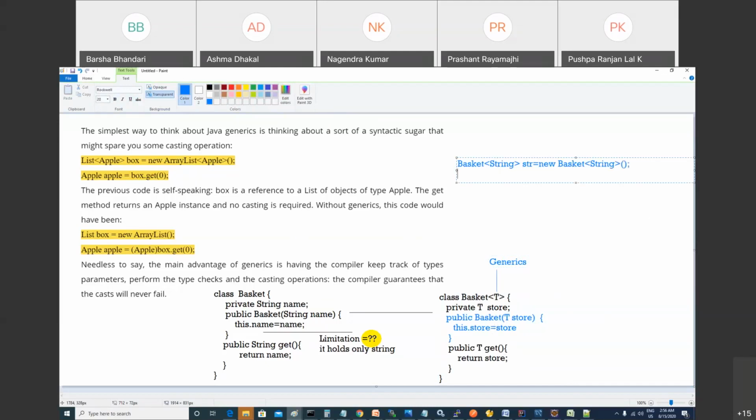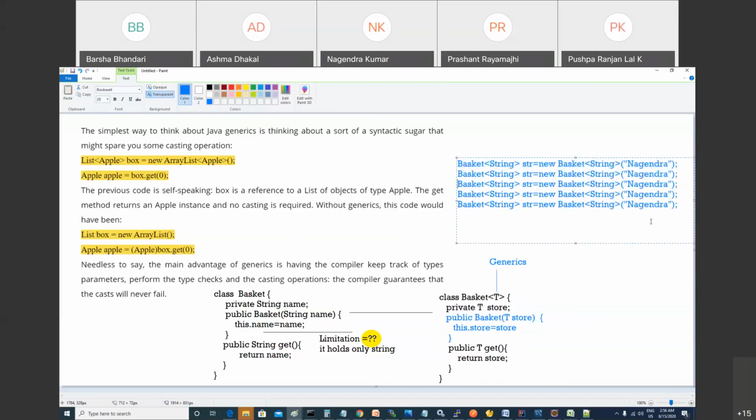So what can you store in it? A string in the type constructor, right? You can pass the data, Nagendra. Then similarly, you can use many implementations of it. Somebody says, "Hey, I want to hold an integer," right? So here you can write Integer, and generics only works on wrapper types. It doesn't work on primitive types. You know the wrappers: String, Integer, Double, Character, Float.